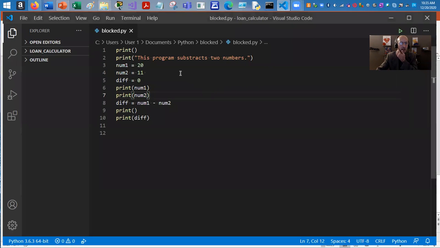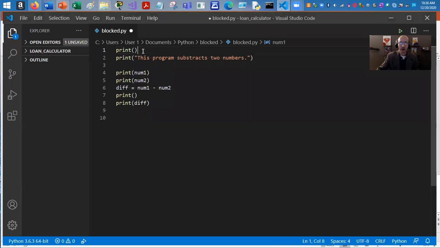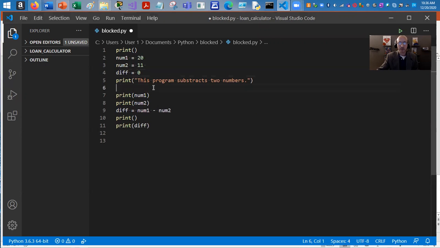So I do have a print statement. This program subtracts two numbers. Now what I wanted to say is, what if we did this? Does this change anything? I'm going to cut this out, move it over here, and print it up here. So what I've done is actually declared the variables up front, which is perfectly fine in this case. We can do that. So if you want to start challenging your learners to do something a little bit different,